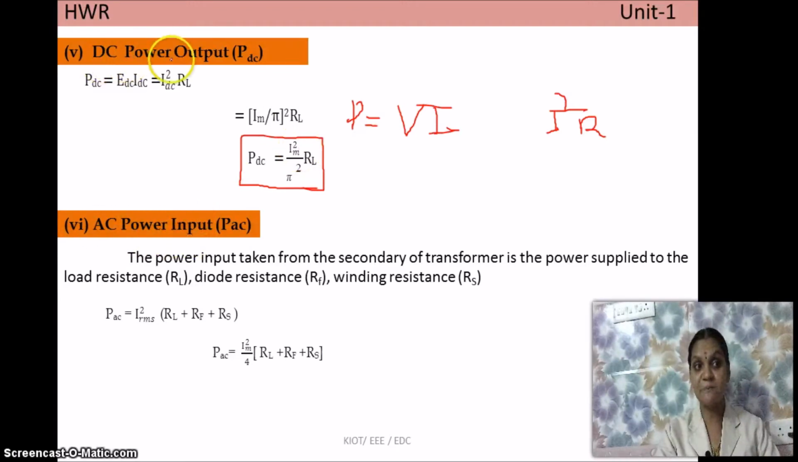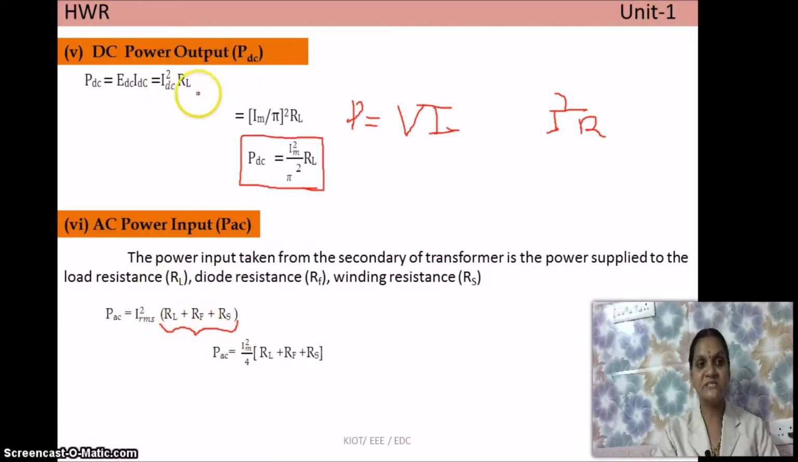This is DC power output, and the next one is AC power input. This is because a rectifier converts AC input into DC output. So for the output side we are calculating DC, and on the input side we are calculating AC. This is represented by PAC. Again I am using the same formula, I square R, where the AC current is IRMS. IRMS square into R. Here, for R, I have included 3 resistances,